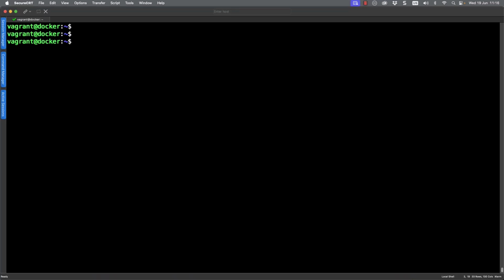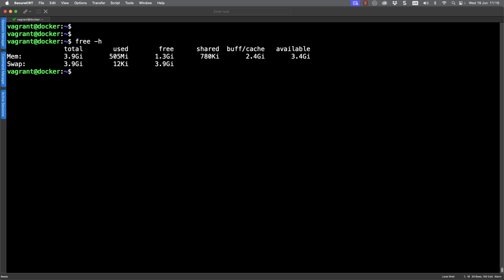Hello and welcome to the command line of my Docker system. This is running as a command line only environment. And when we take a look at it, I've got about 4 gig of RAM for my host system, so not necessarily that well resourced. The purpose of showing you this is showing you that we can run a full graphical environment inside of Docker.